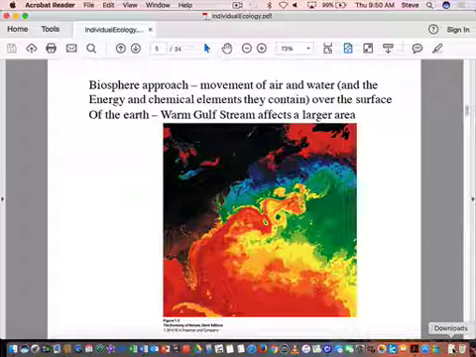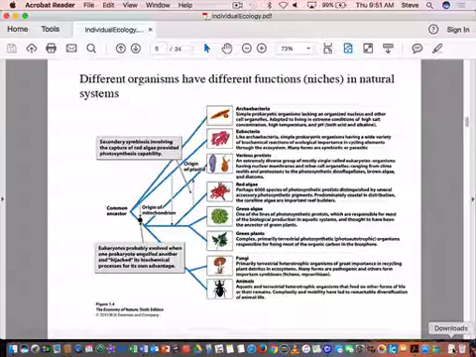What was our recent holiday we had? There you go, Ireland. Okay, so St. Patrick's Day. So the Gulf Stream has a huge moderating influence on Ireland's climate. If that Gulf Stream weren't there, what do you think Ireland would be? A lot colder. Okay, so the presence of the Gulf Stream has a huge moderating effect on the air temperature and everything around Ireland. Okay. You're not going to have to remember any of this, so this is just fun stuff to talk about.